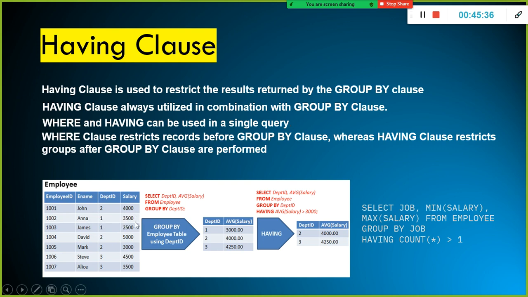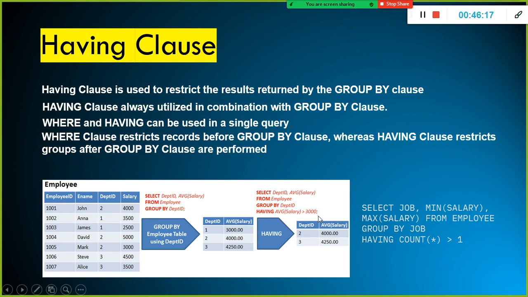In department one, what is the average here? 6,000 divided by 2 is 3,000, the average. Similarly for 2 and 3, it computed the average salary in each department. That is what this query is doing. The next one is HAVING average salary greater than 1,000. Within this output, I am going to apply a condition. I don't want all these departments' salaries. Especially I am interested in departments whose average salary is more than 3,000.